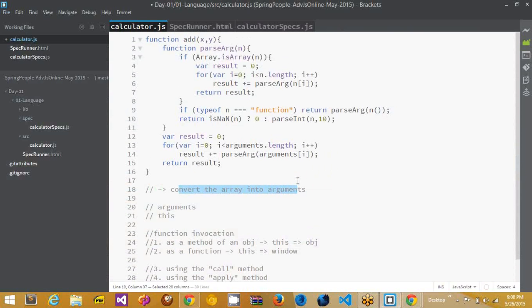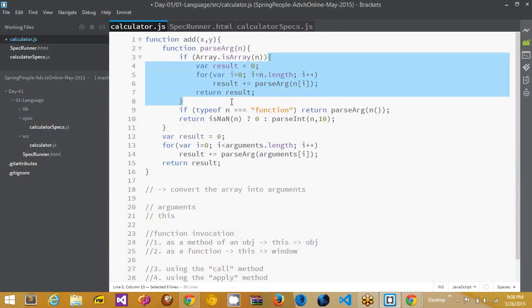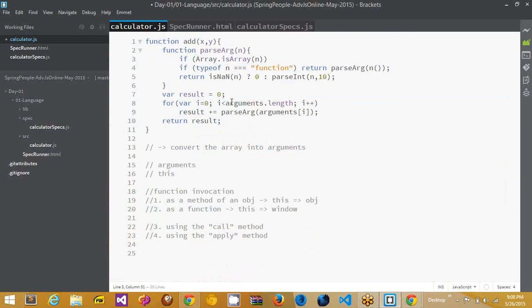So instead of doing all these things, since I already have the logic written for aggregating a list of arguments, you don't have to rewrite this. Instead, say return, call the same add function again, but using apply. Now the reason why I call